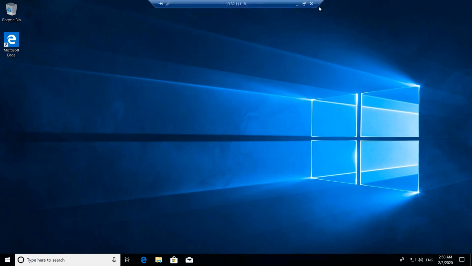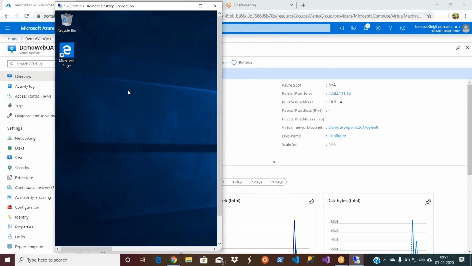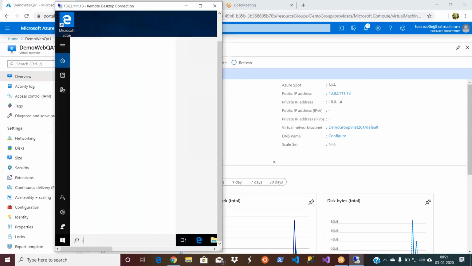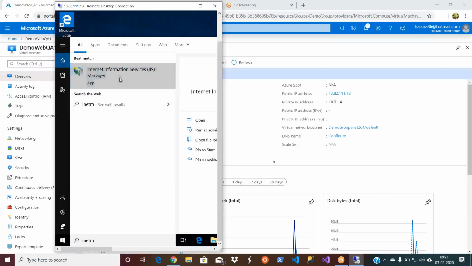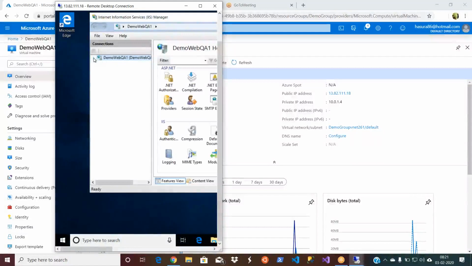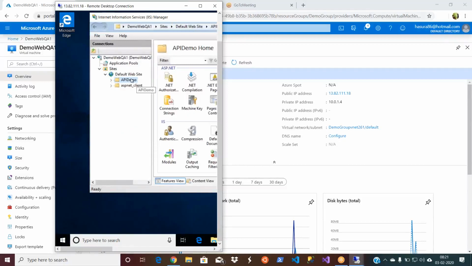So let me now keep the parallel things. Let's go to IIS Manager. So this is my QA1 server. You can see directly here, and this contains the default website. Let me delete this here. This is under SQL and inetpub.